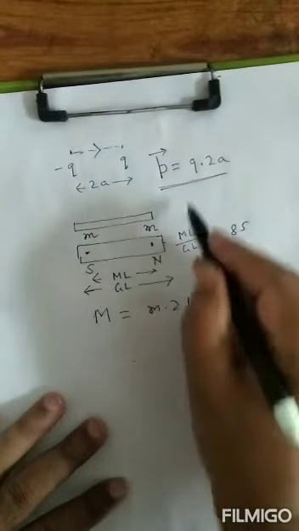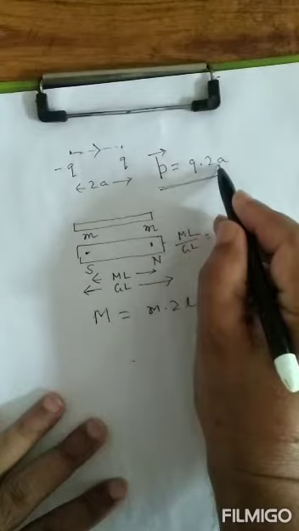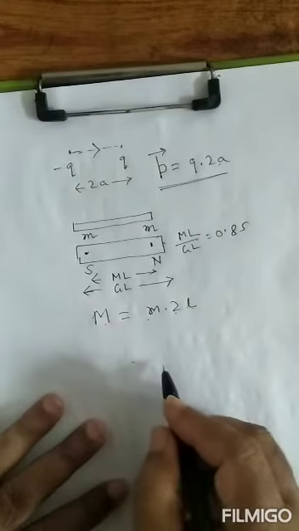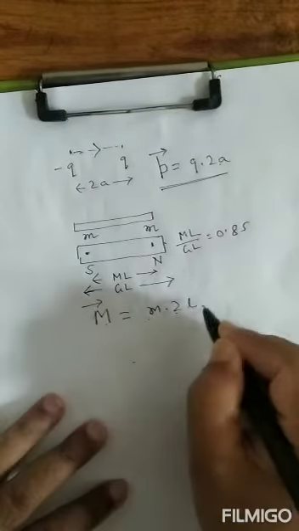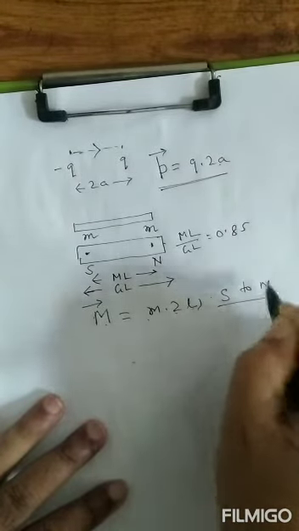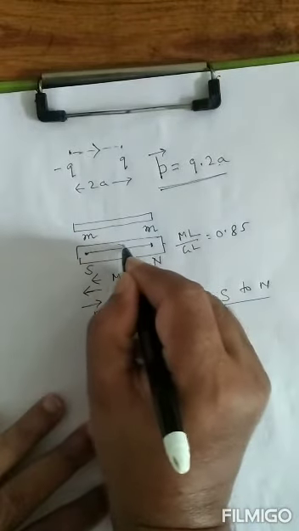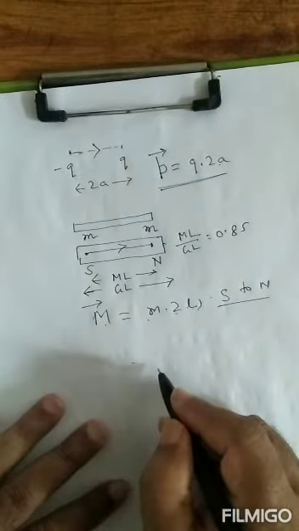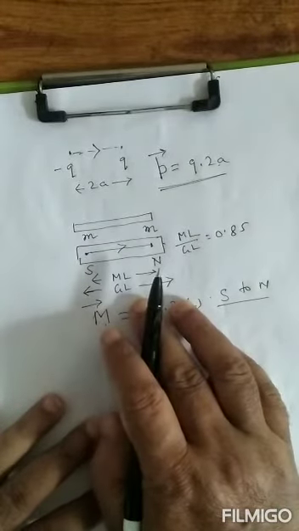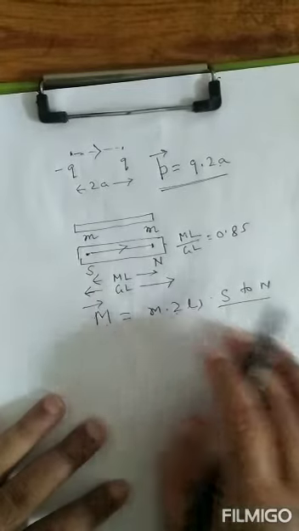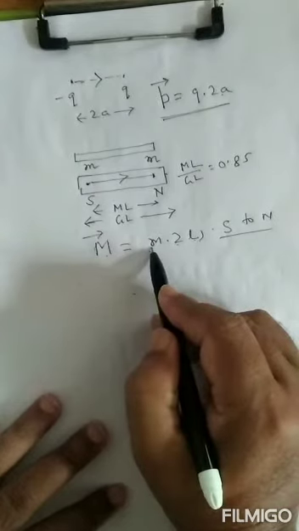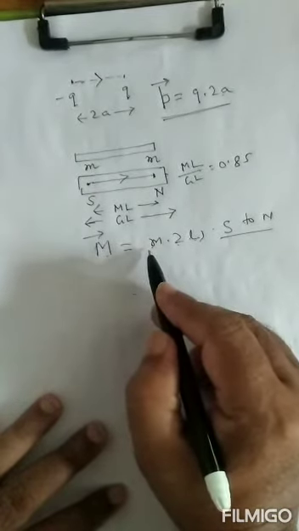What is electric dipole moment? Charge strength into separation between two charges. What is magnetic dipole moment? Pole strength into separation between two poles. It is also a vector quantity directed from the south pole to the north pole, that is, from magnetic south to magnetic north. We already discussed the direction of electric dipole moment, from negative charge to positive charge. So here, what is small m? It is the pole strength of each pole of the magnet.